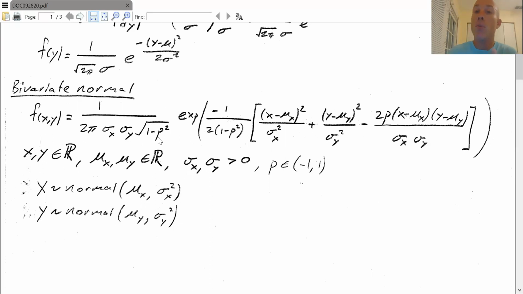Rho is the correlation between X and Y. Okay. So if you say so, all right. Just nod your head at it if you're not okay with it. Okay. So this rho is going to be the correlation, and it's going to be very important to this density